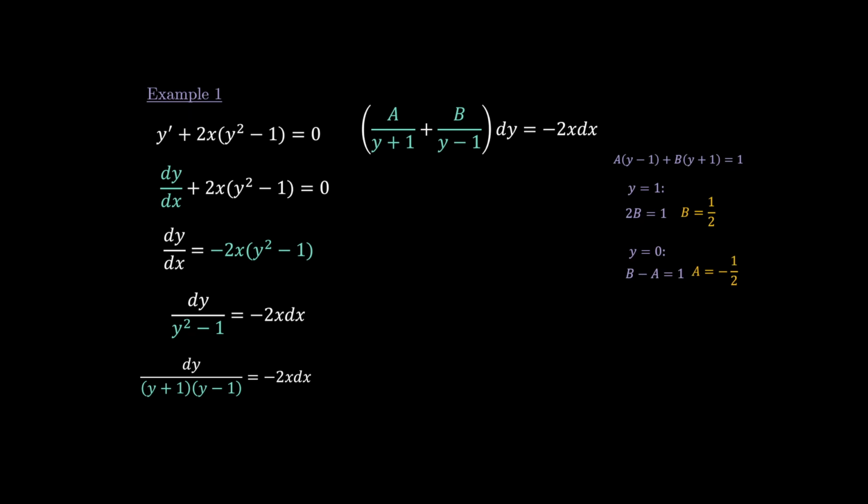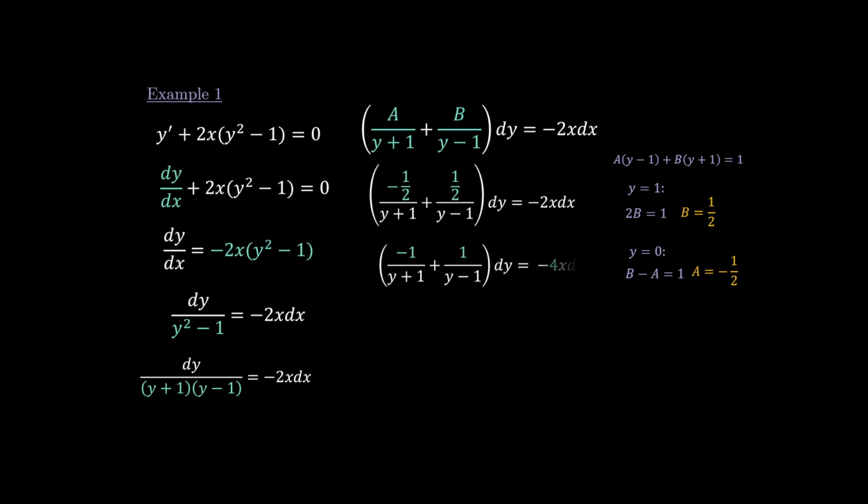Now plugging a and b in, we have the following. We can multiply the 2 over. And now, can we integrate? Yes, because now we're at a position where we can integrate. So we integrate, and we get the natural log of the absolute value of y minus 1 minus the natural log of the absolute value of y plus 1. And then on the right side, we have